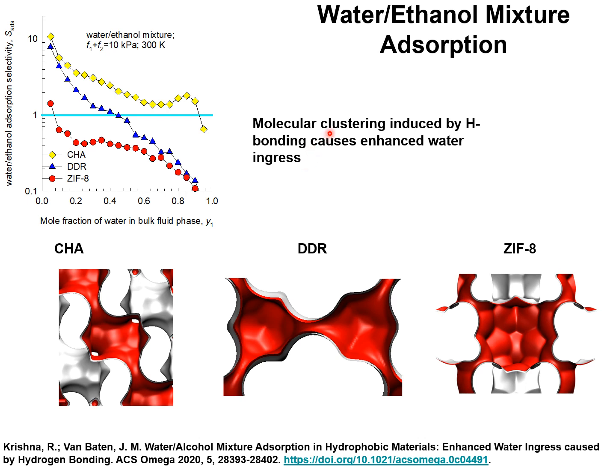Molecular clustering causes a violation of the tenet of the IAST that demands that each gas molecule occupies the same surface area in the mixture as for the pure components. If molecular clustering occurs due to hydrogen bonding,